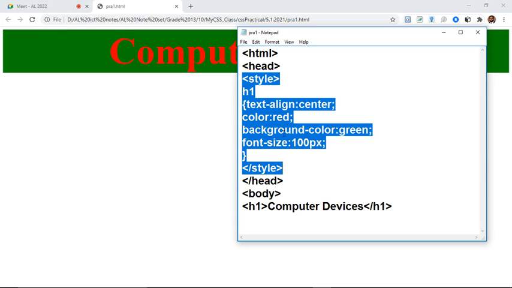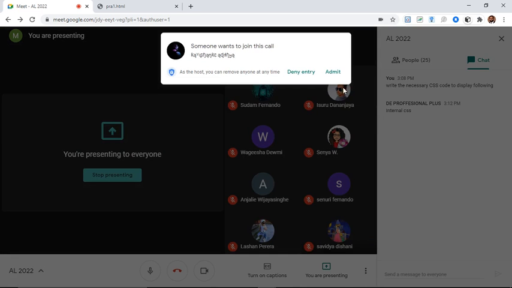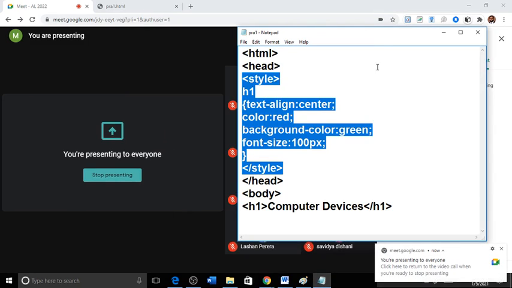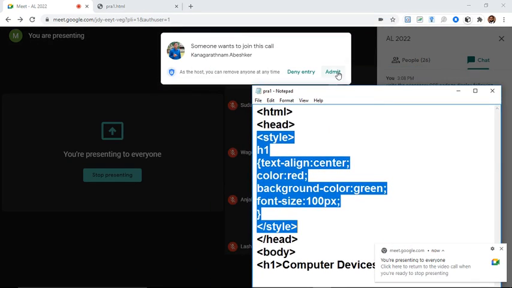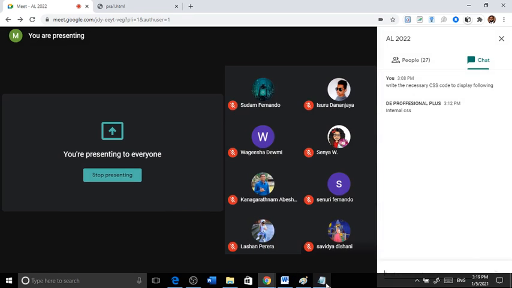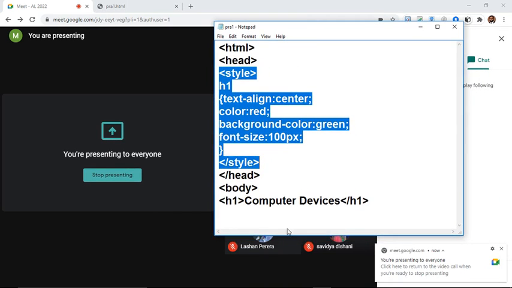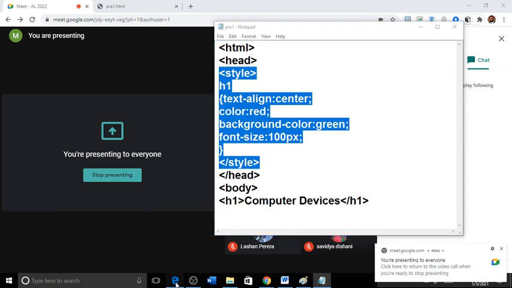With looking this one, you just try to do this. Okay, so this is we are calling as internal style. Internal style. So with the help of this CSS code, what you can do, you can change the appearance of the web page